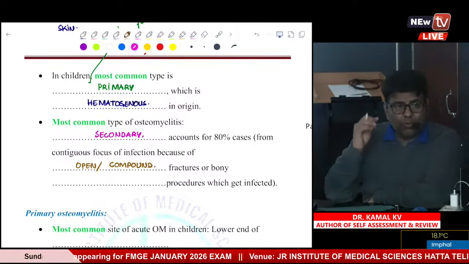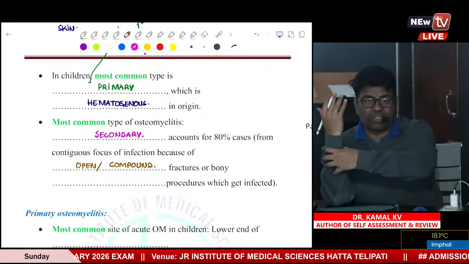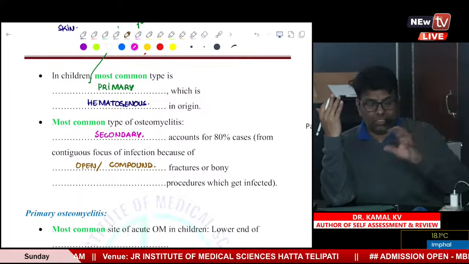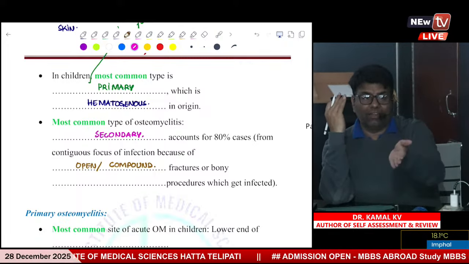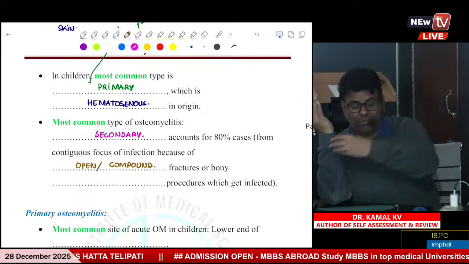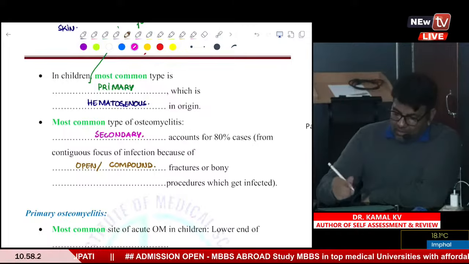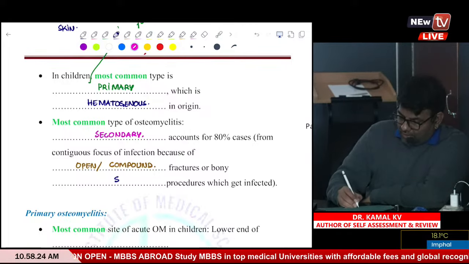What do you mean by the word open or compound fractures? It means whenever there is a fracture, the skin coverage is lost. The fractured area is communicating directly with the environment, and there are high chances of entry of microorganisms into the fractured area. Or sometimes if we are doing any surgery